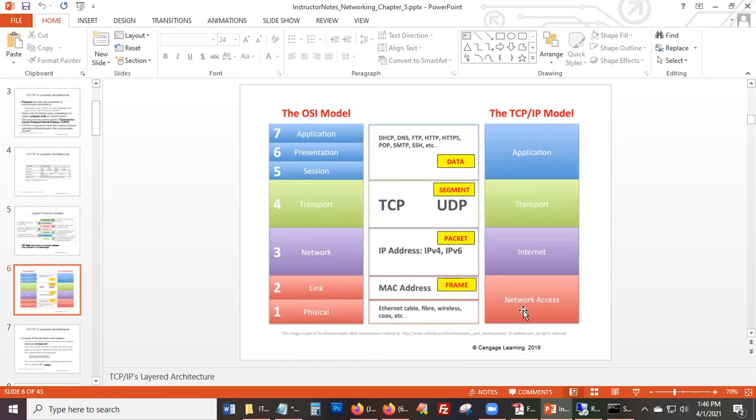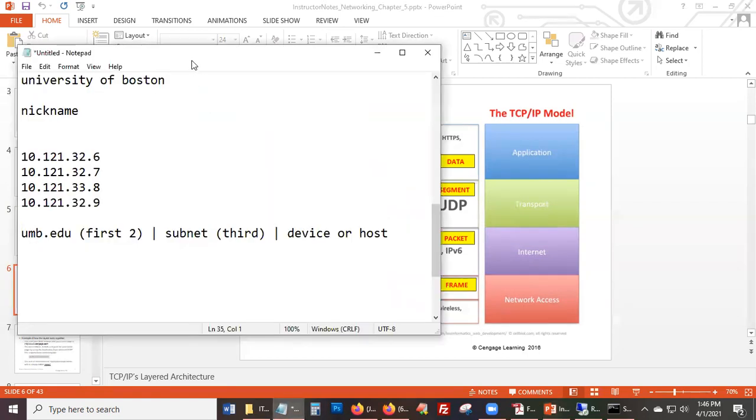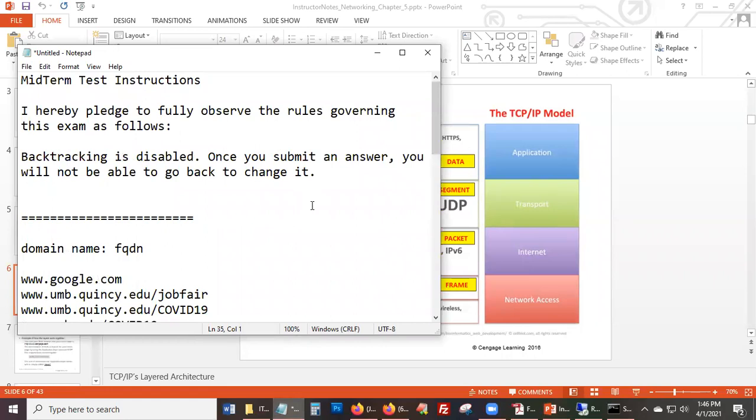So go over this lecture again. A lot of the things we've discussed already, and the PowerPoint, are going to be helpful for you when you do your assignment and especially your midterm. So let's talk about the midterm quickly. The midterm is going to be in exam mode. When I say exam mode, well, I'm going to stop the recording right now. Let me just stop the recording and then